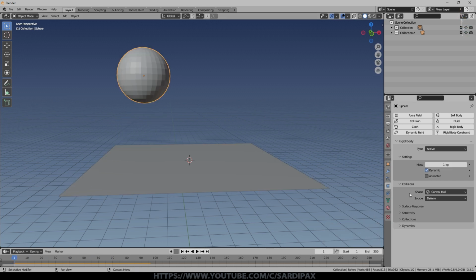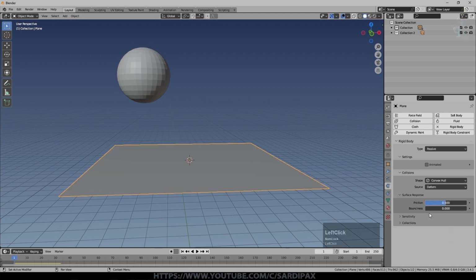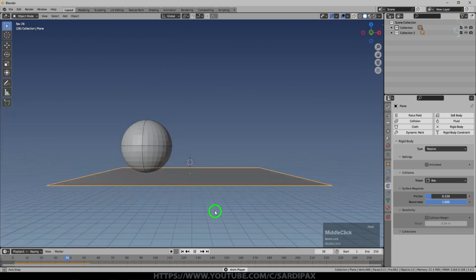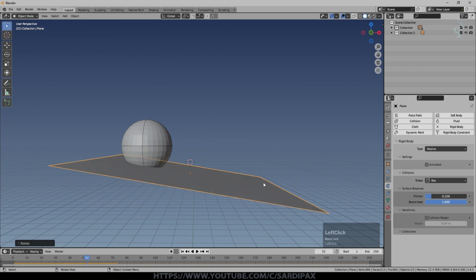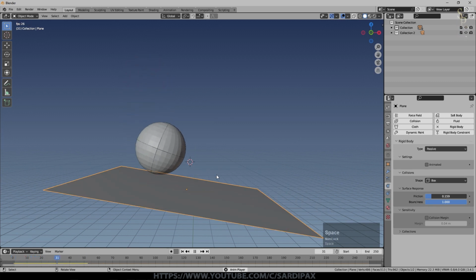And there's a number of different settings that you can play with in here. So we can increase bounciness, for example, and decrease friction, and we can do the same for this surface as well. So we can add some bounciness on there and decrease the friction. And sometimes you just need to move things around a little bit so that it does the calculation, but you can see it's bouncing a little there. And we could put an angle on it and it will bounce down and roll off. So there's another way that we can do some basic animation.